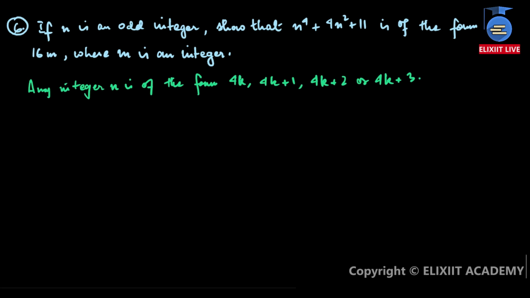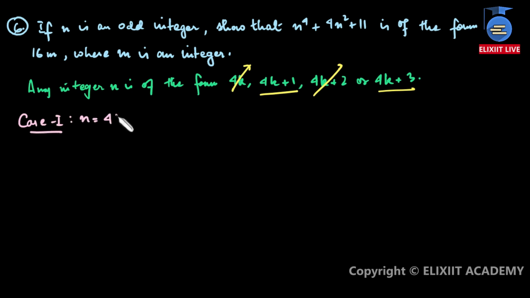But in this case the problem will be, because it's mentioned n is an odd integer, you cannot consider 4k. Also, you cannot consider 4k plus 2 because these are even numbers, multiples of 2. So definitely you cannot consider them, which means you have to consider these two cases: 4k plus 1 and 4k plus 3. Suppose you consider case 1: if n is equal to 4k plus 1,